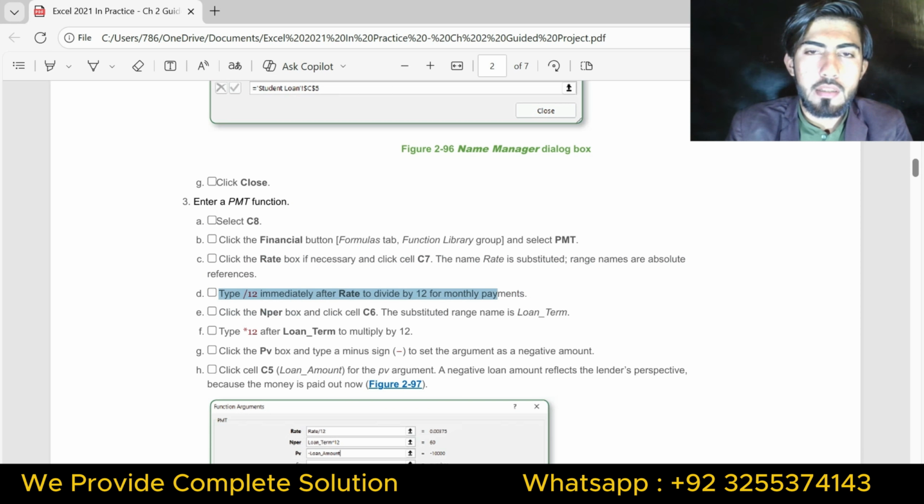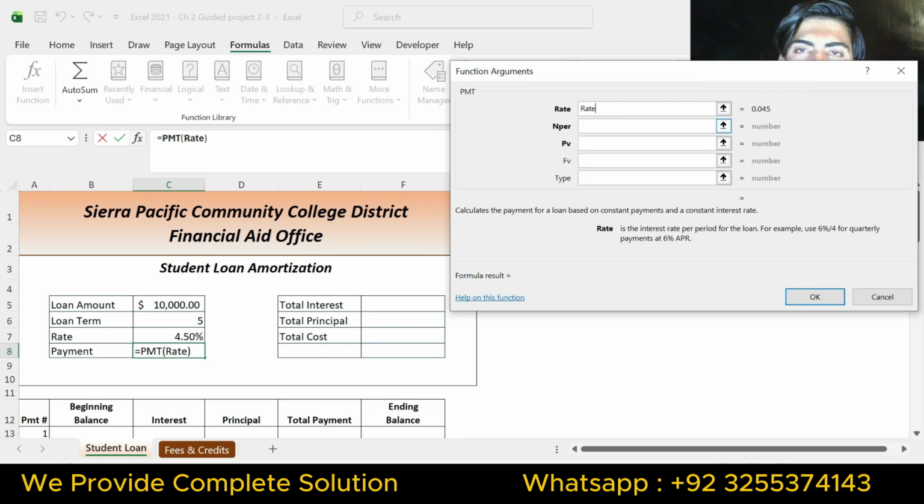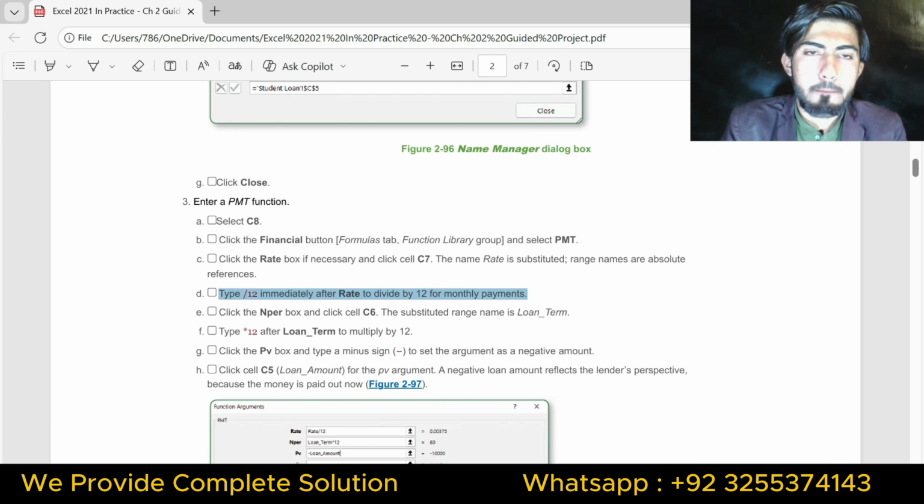Part C is complete. Now I'm going to do part D. Part D is type /12 immediately after rate to divide by 12 for monthly payments. So I will divide by 12.